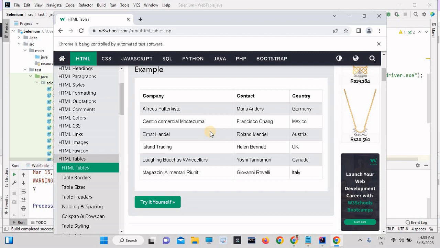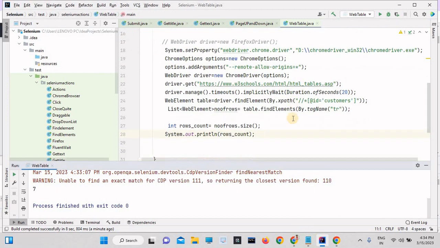So my another intention is in each row how many columns. For example, in row number 1, how many columns are there, in row number 2 how many columns, that I want to count. So how to do this one? So see here,